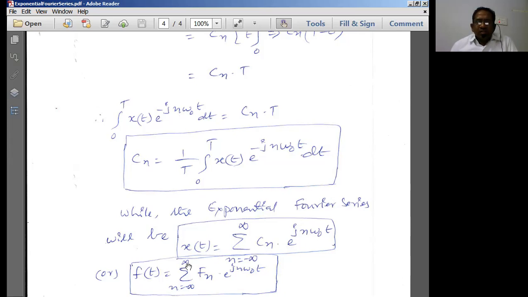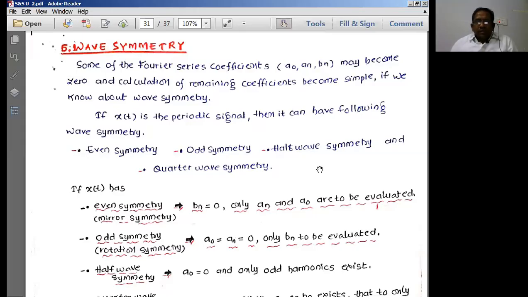After this, we will try to solve. Already, I think we have solved one problem, and now we go with the last variety in the Fourier series, which is the even symmetry and odd symmetry functions. We deal with the last concept in the Fourier series. One is the trigonometric Fourier series representation. The next one is the exponential Fourier series representation. And one more is the wave symmetry.